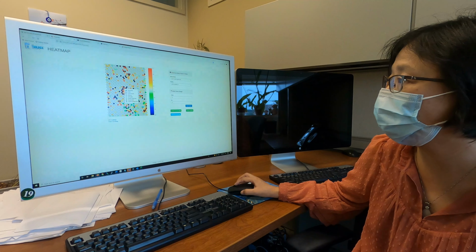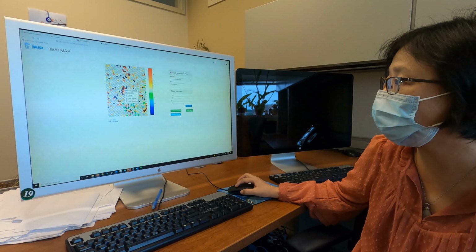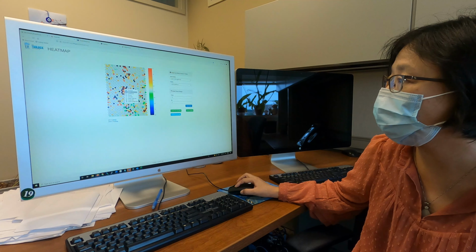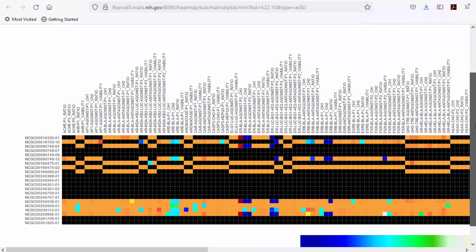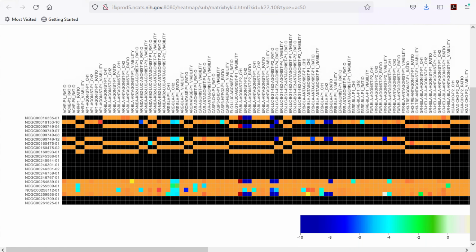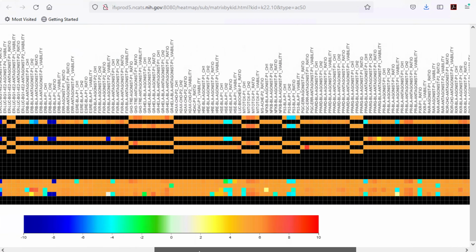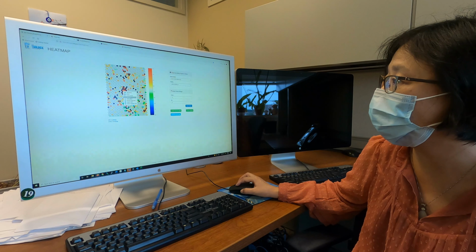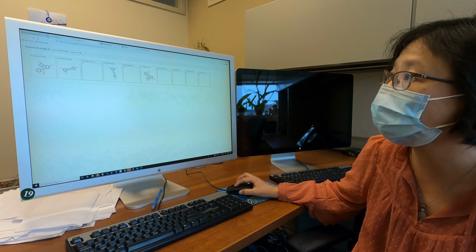You can right click on the cluster and look at the actual AC50 profile, for example, for this cluster of compounds across all the Tox21 assays. And you can also look at the structures of the compounds in each cluster.